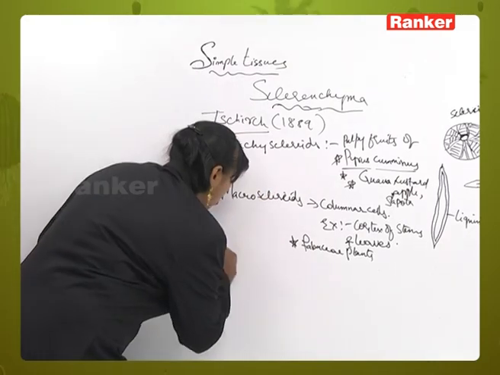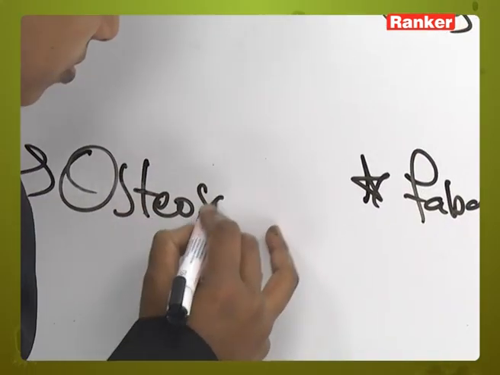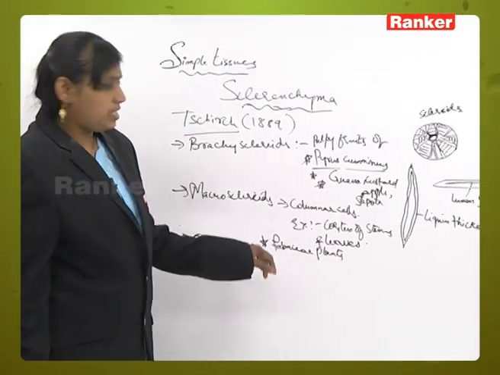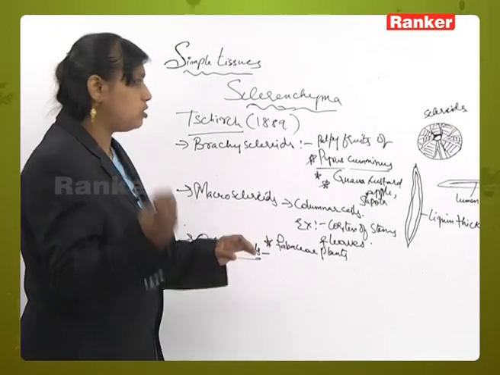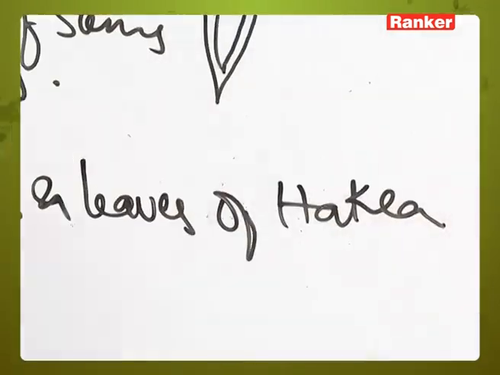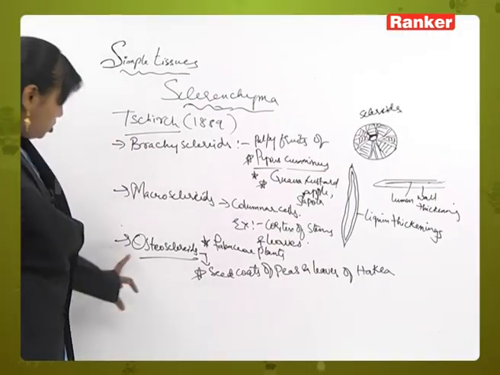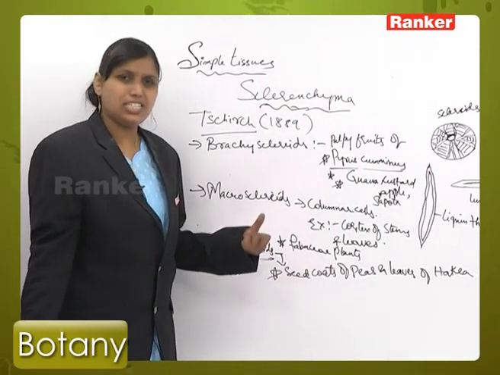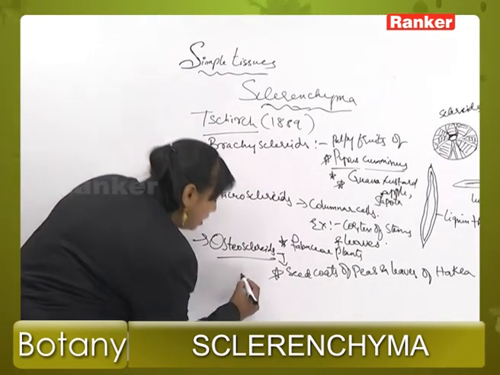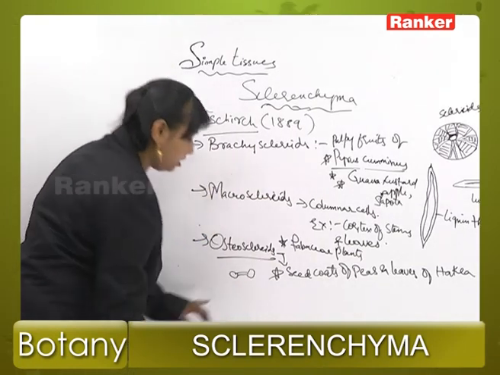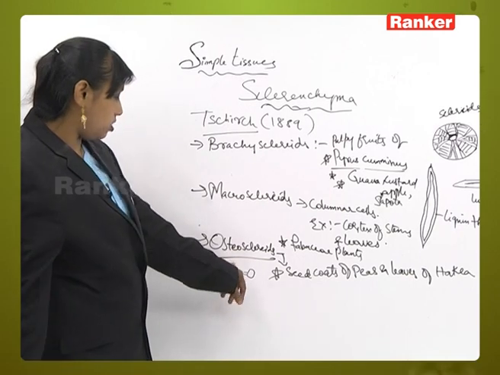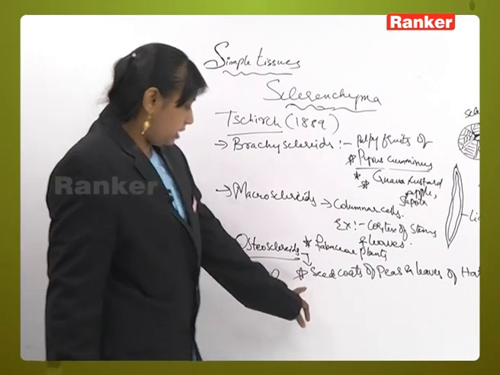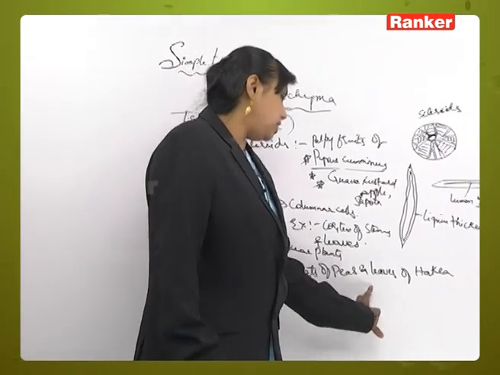Next is Osteosclerides. Osteosclerides itself indicates these are bone shaped. Osteo means bones. So these sclerides will give more or less the shape of a bone-like structure, like a dumbbell shaped bone. This type of sclerides you will see normally in, and the examples are more important here, seed coats of peas and leaves of